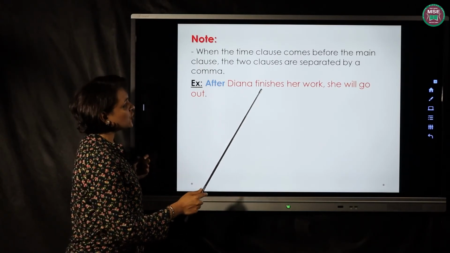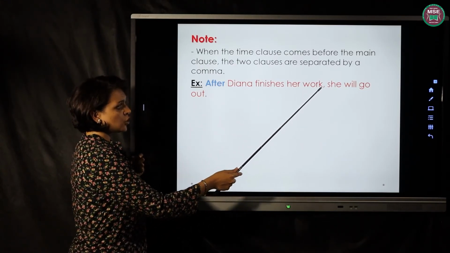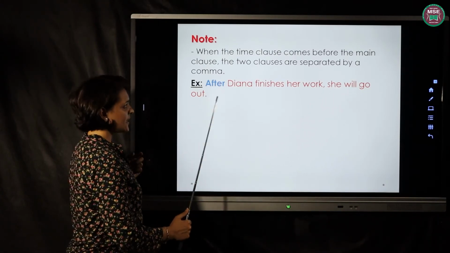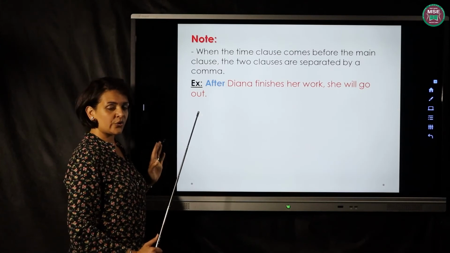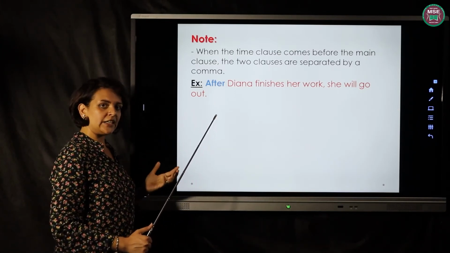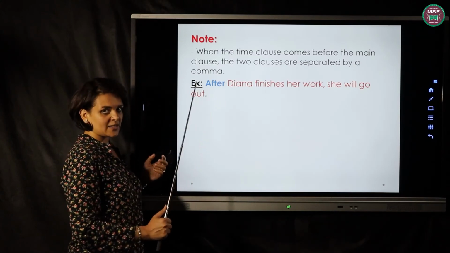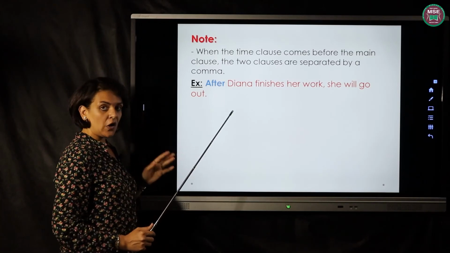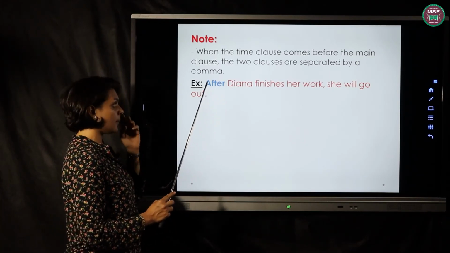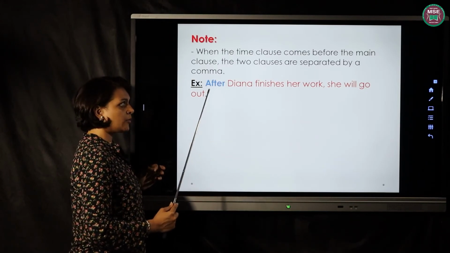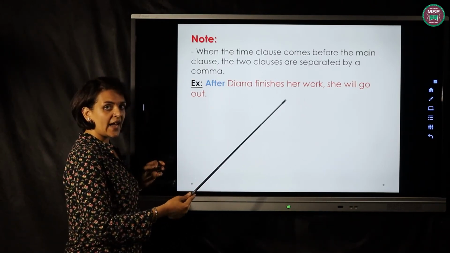After Diana finishes her work, the main clause comes after, she will go out. I can say Diana will go out and you understand the meaning of the sentence. But here I want to make it more clear, so I add a time expression or a time clause. Okay? So when you find the time clause comes at the beginning, you have to separate the two clauses, the time clause and the main clause, with a comma.